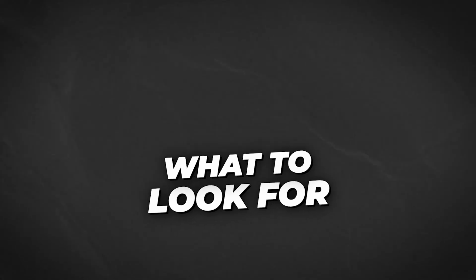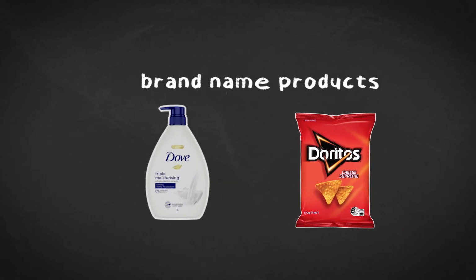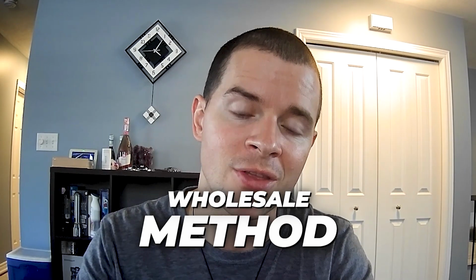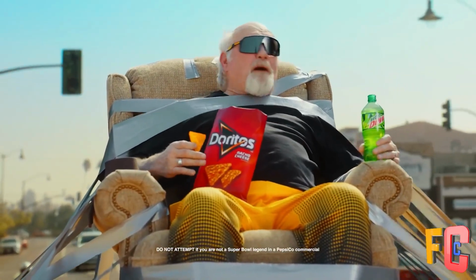First up, we're going to be looking for brand name products, not private label, and we're not going to be using Alibaba. Why? Because we're going to be using the wholesale method instead and tapping into sales that are already happening on Amazon right now. So this strategy consists of capitalizing on the advertising these big brands have already done and reselling already reliable, high